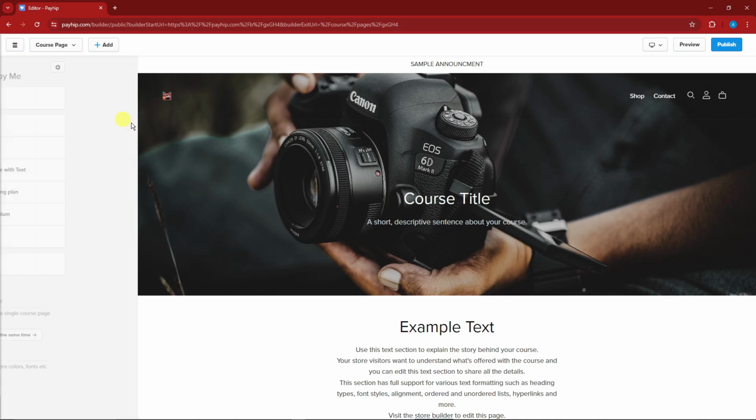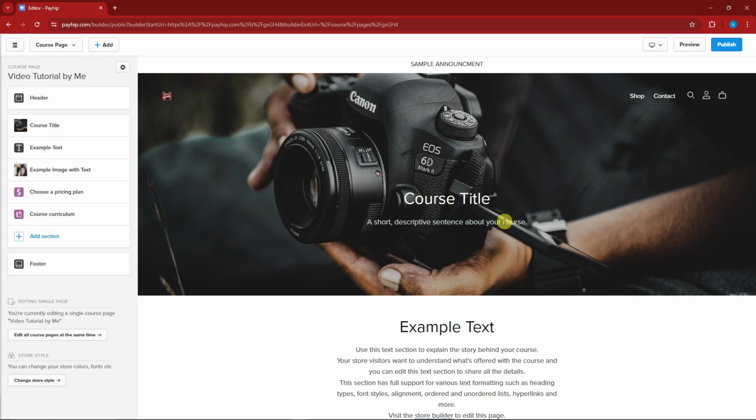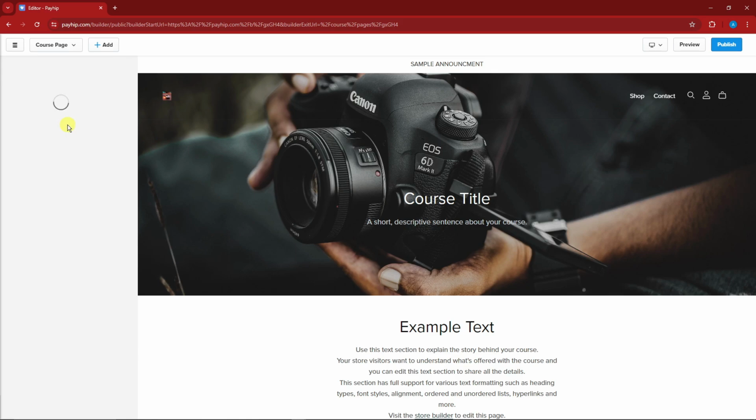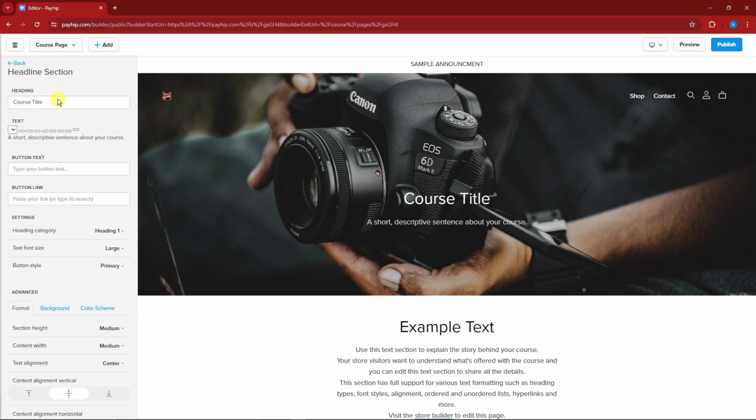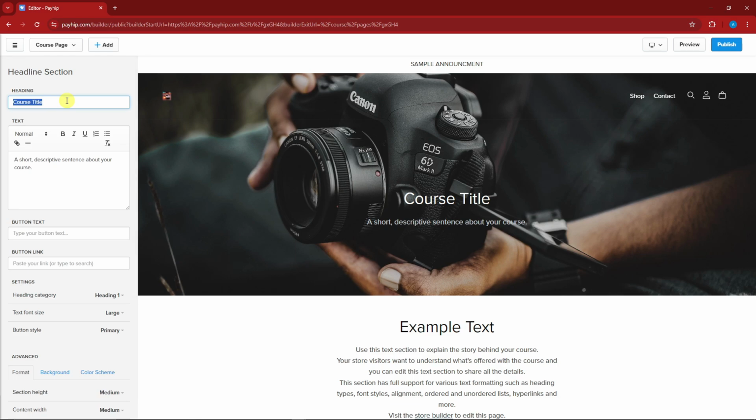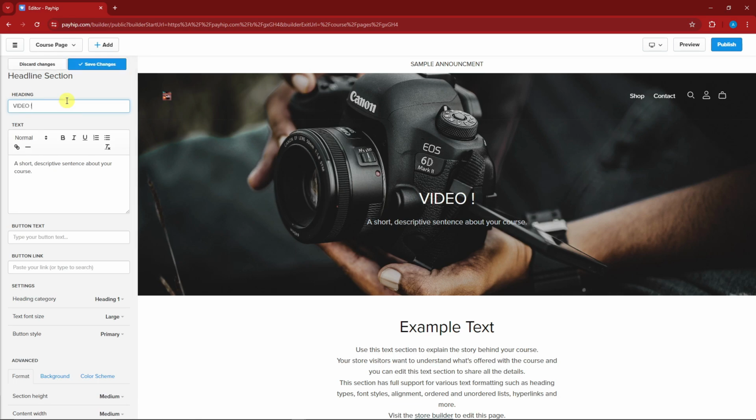If you want to customize this part right here, the main text, go to course title. Three dots right there if you want to add to library or duplicate section. But for now, if you click on course title, you will open up a new section that says this one. You can type in here video 101, something like that. And now this is going to be a short descriptive sentence about your course. For example, this one,